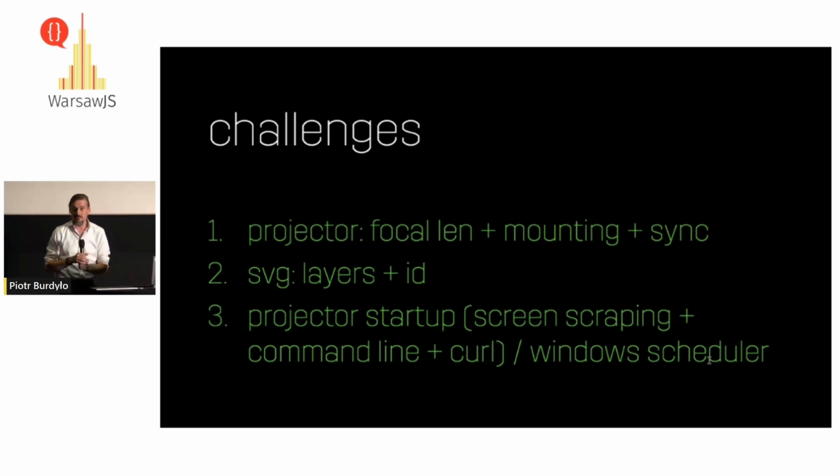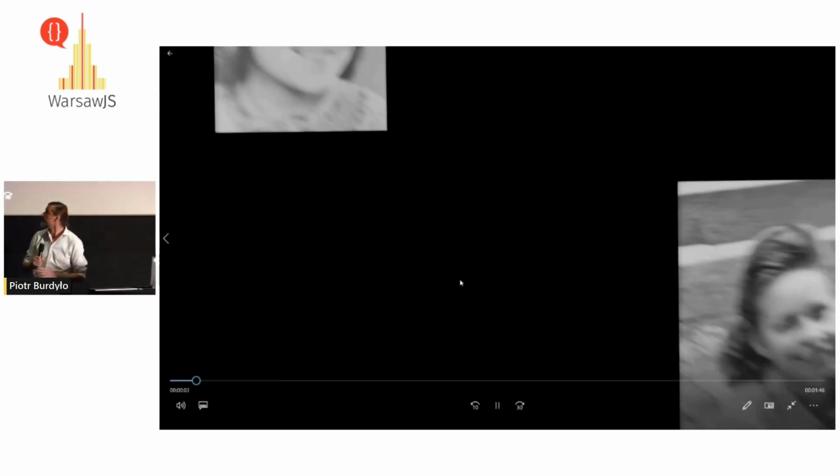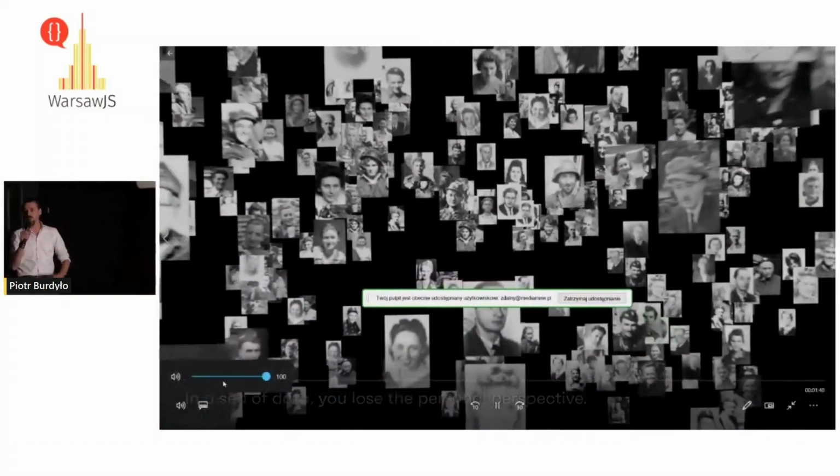Okay, so that's the first thing, and for the second year, we decided to top up the game, and we worked on another idea of ours. It's called Reflection. In the beginning, it was called Sibling.